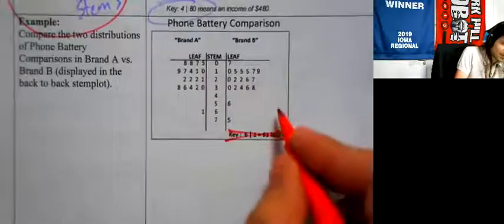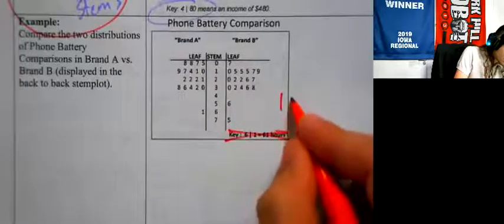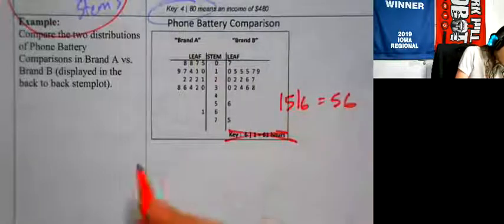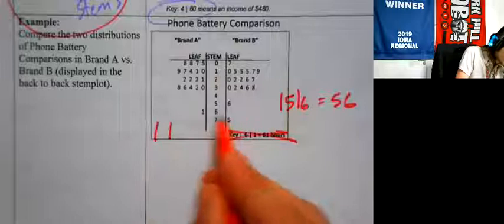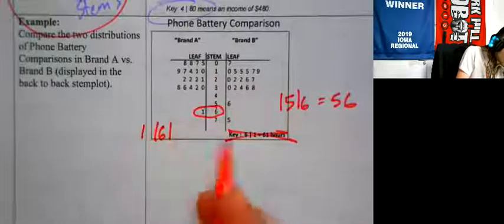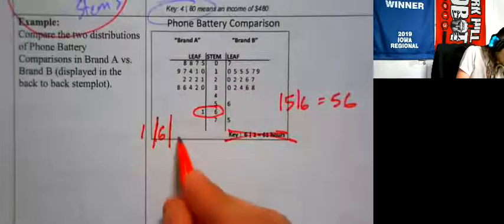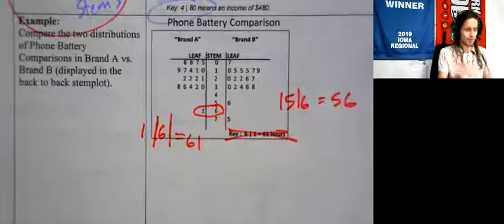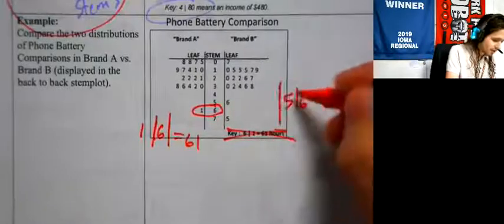I'd want to see the key maybe like 5, 6, that means 56. But also I want a key, what the heck does this one mean? The 6 in the middle is the stem with the 1 on the outside? That really means 61. So I'd want to see keys about what it looks like on both sides,